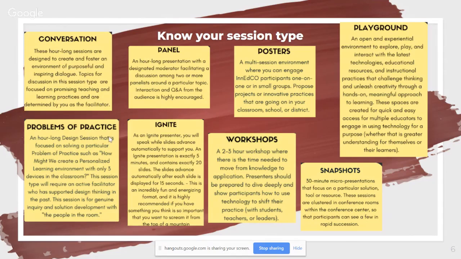So Problems of Practice is an hour-long design session that really focuses on solving a problem of practice. So how might we create a personalized learning environment? How might we improve the digital citizenship of our students? So these come with a question that the people that are there are sitting down to really think about and to delve into a little bit more deeply in order to come up with their own type of answer